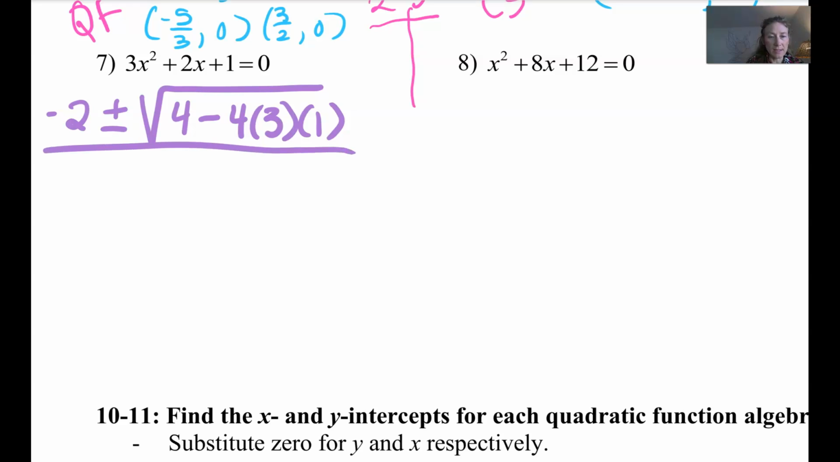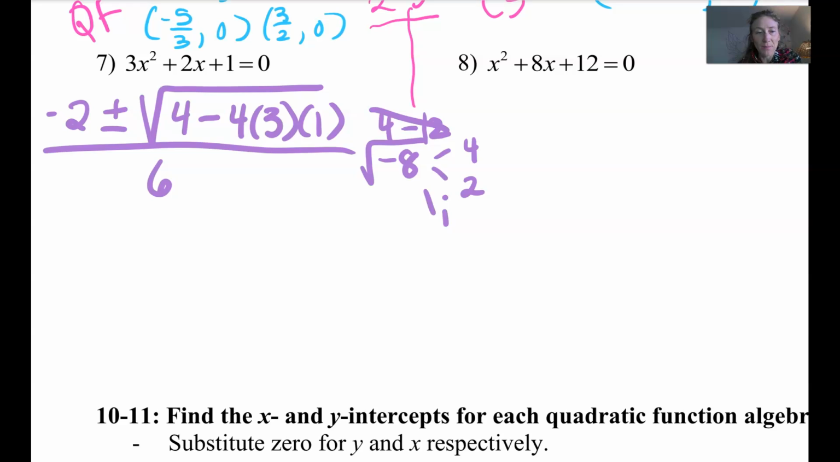All divided by 6. So then do the side work. 4 times 3 is 12, 12 times 1, 4 minus 12, and that's going to be -8. So -8 in the radical, I'm thinking, oh, let's factor that a little bit more. That's going to be 4 times 2, and then the negative, the i, right? Square root of -1. So when I go to write this, I'm going to have -2 plus or minus,